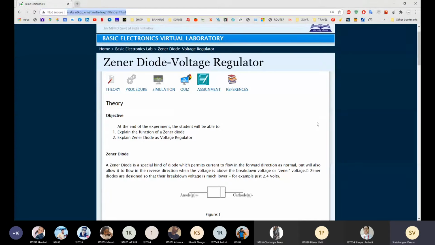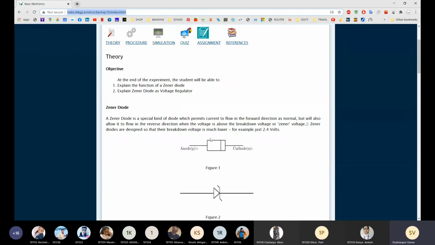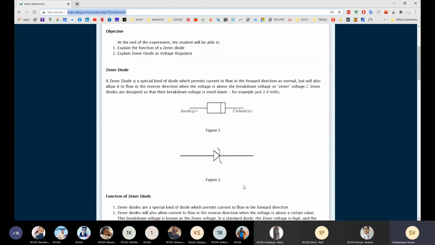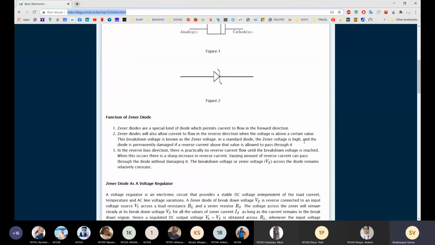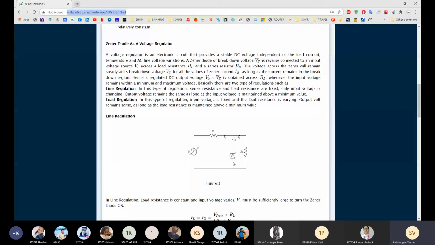Today we are going to perform Zener diode as a voltage regulator. Here we are going to use the Zener diode after the filter, because in the filter we are getting some ripple. Ripple means some AC part is there. To remove that, we use a Zener diode in reverse bias, so the cathode is connected to the positive terminal and the anode to the negative. The Zener diode is always used in reverse bias, because in reverse bias the voltage across the Zener diode remains constant, and hence we use it.